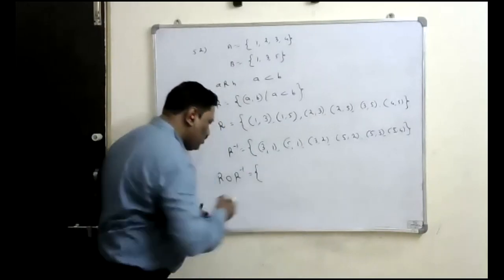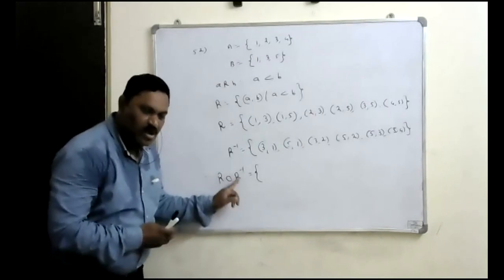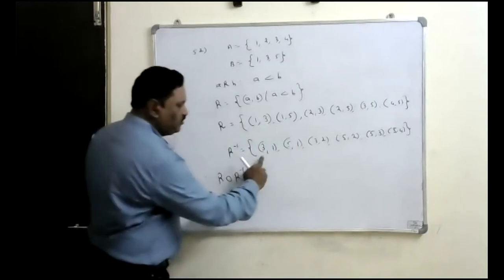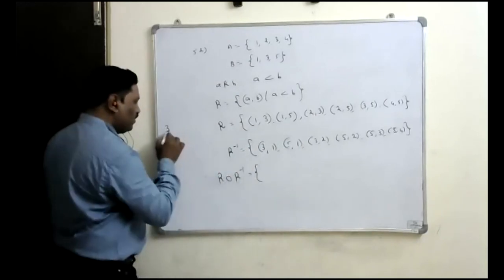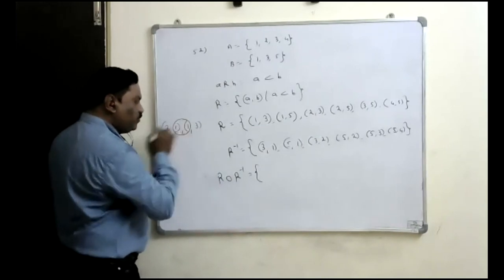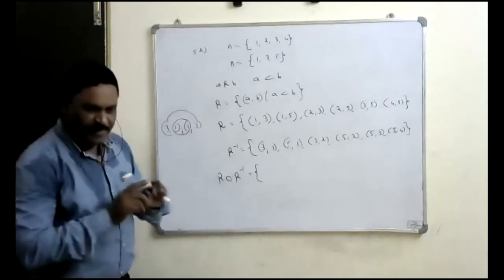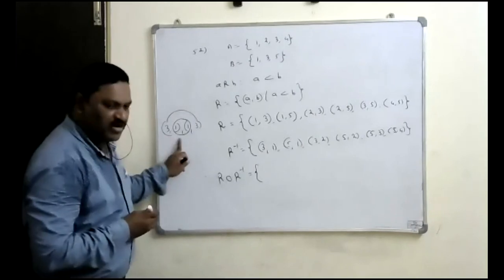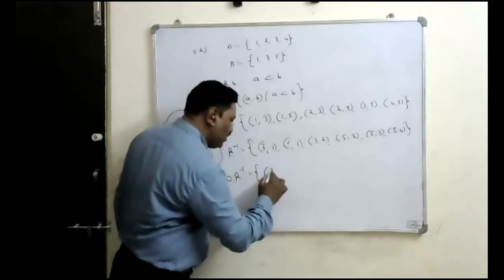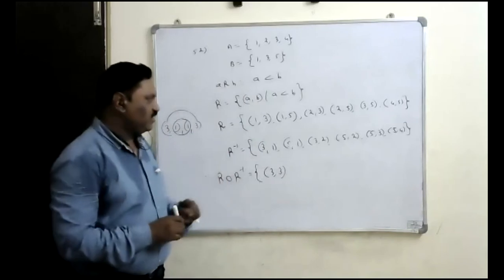For writing this, we have to look at the relation in the reverse order. Here it is R circle R inverse, so we have to look from R inverse to R. In this we have (3, 1) and (1, 3), right? Now the middle value should be equal; remove that value and write the end to end values. If 3 is related to 1 and 1 is related to 3, then 3 should be related to 3. That's why here the pair will be (3, 3). That is one ordered pair we get.